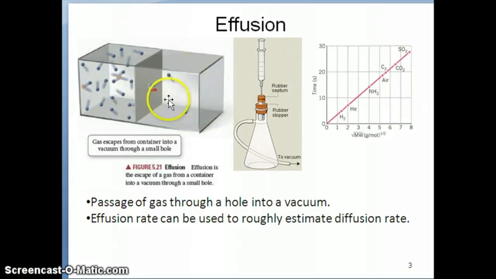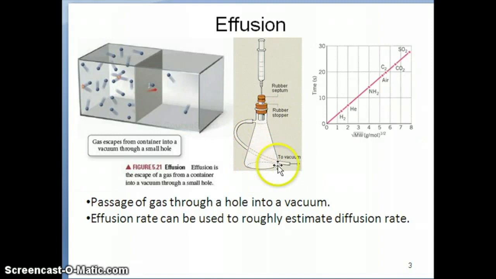You can do a quick experiment, which looks something like this. Let's say you pull the syringe up and fill it with a particular gas, let's say oxygen. And then you connect this through a rubber septum into a container that's already a vacuum. In other words, you've removed all the air here, let's say by using a pump. And what you do is you let that syringe slowly fill the vacuum with the gas. What you see is that a particular gas takes a certain time to fill that vacuum. CO2 would take this much time, something like H2 would take a lot less time.